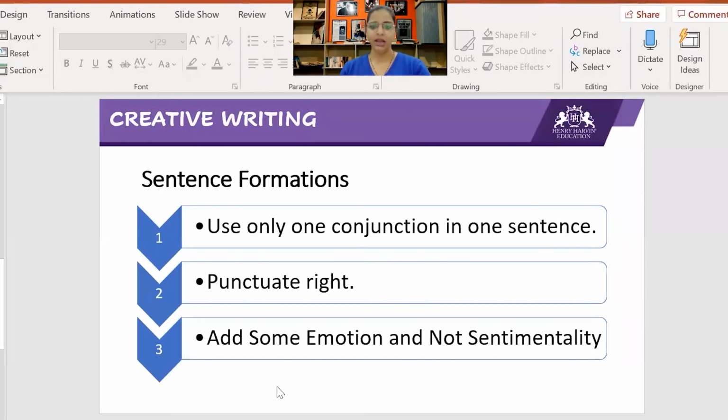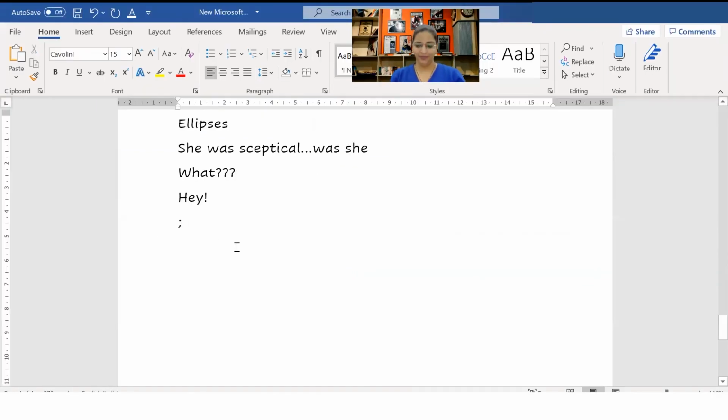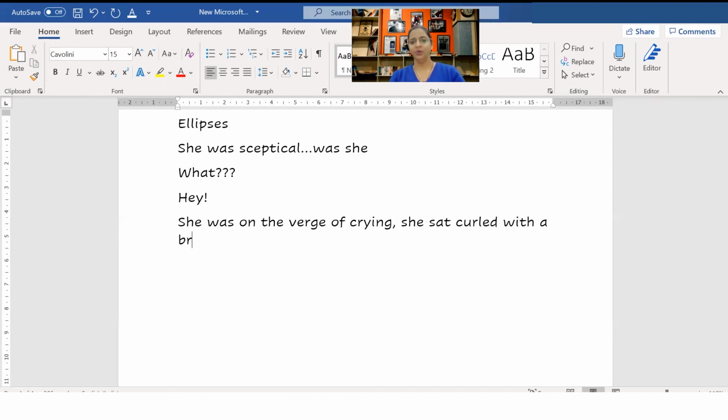And then coming back here, add some emotion and not sentimentality. So when you say she was crying, this is sentimentality, right? Or she was, let's say, on the verge of crying, broken, she sat curled with, let's say, pieces of her broken heart in her eyes.